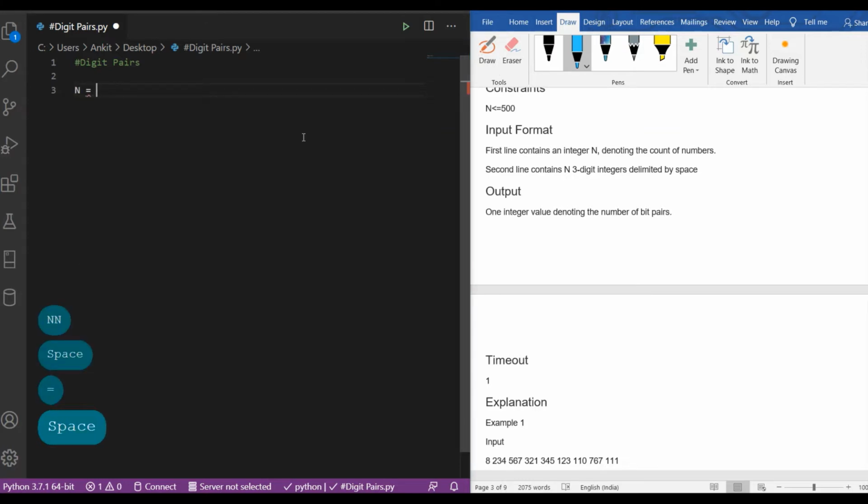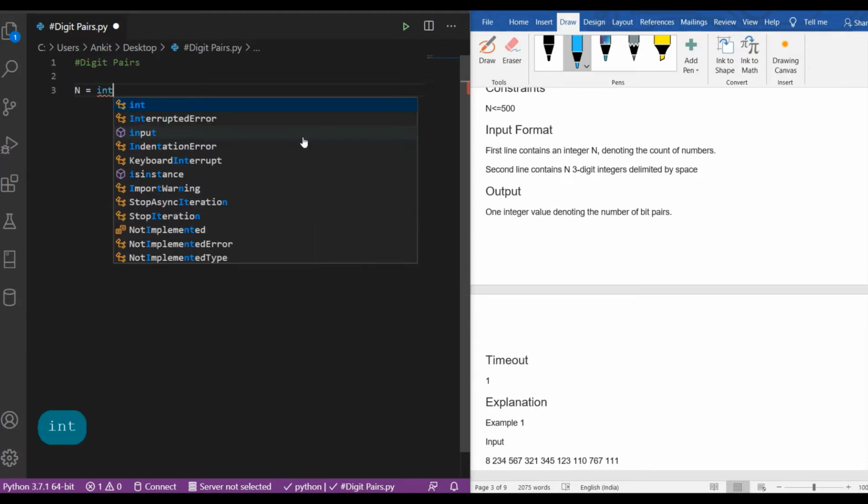The first line contains an integer denoting the count of numbers, meaning how many numbers can be given by the user for calculating the bit scores. So n is the number that defines how many numbers the user will give us to calculate the bit score.